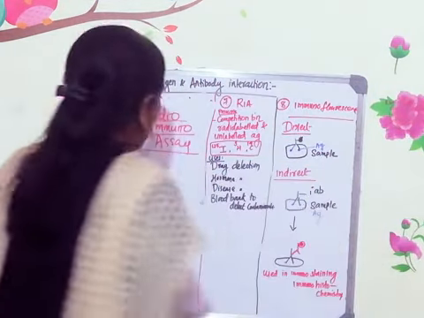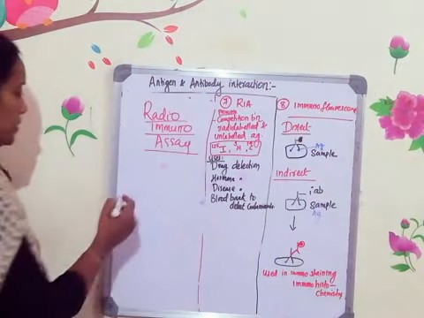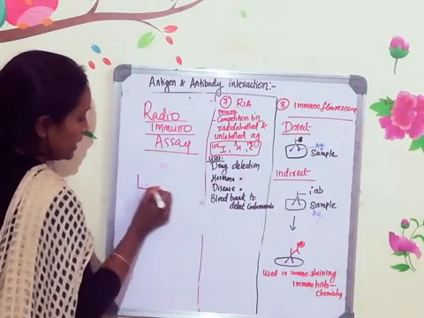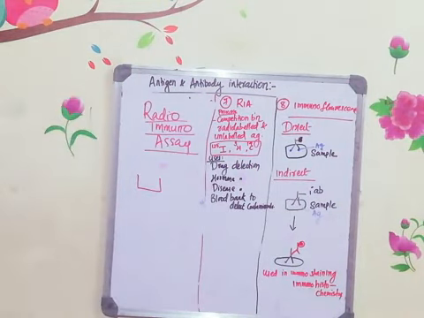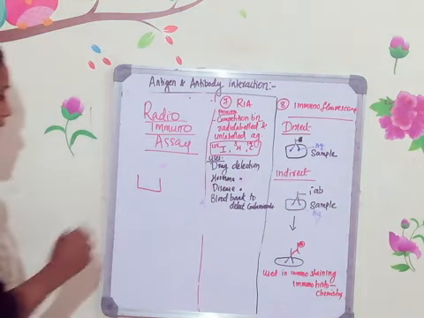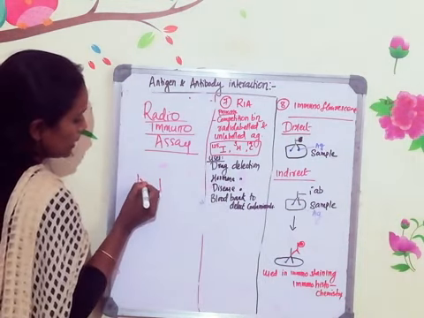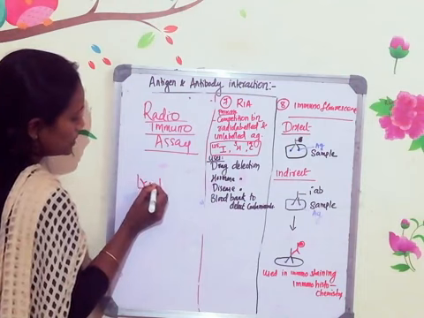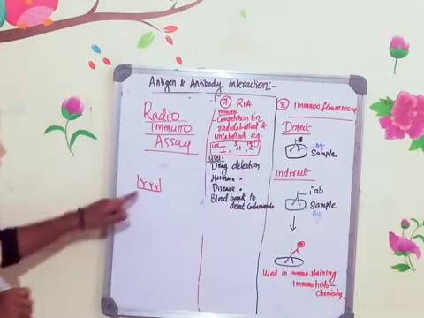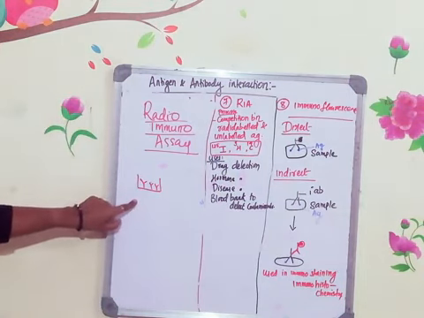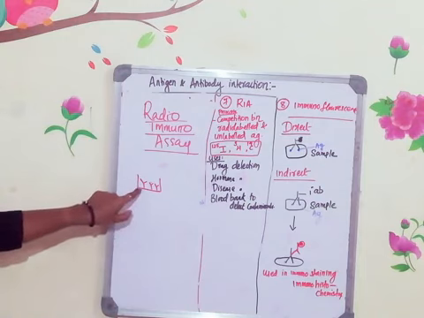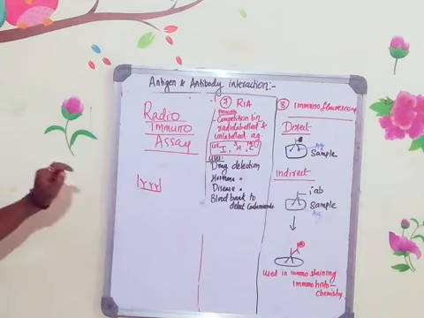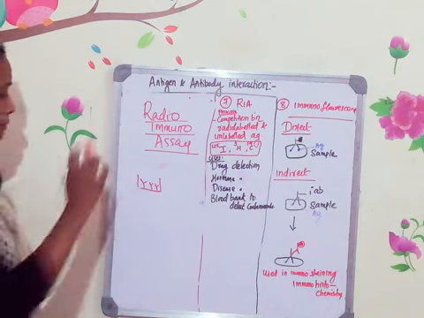Now, how to do this? For this method also we depend on the ELISA microtiter plate. All of you know what an ELISA microtiter plate is, right? Into the microtiter plate, you have to immobilize antibodies. First, you take the microtiter plate and immobilize the antibody. Now the plate is ready for the radioimmunoassay to be performed.